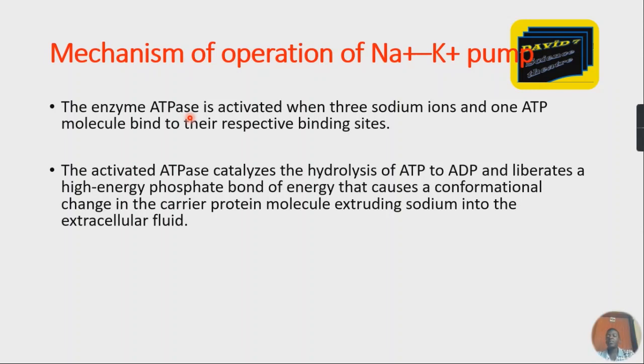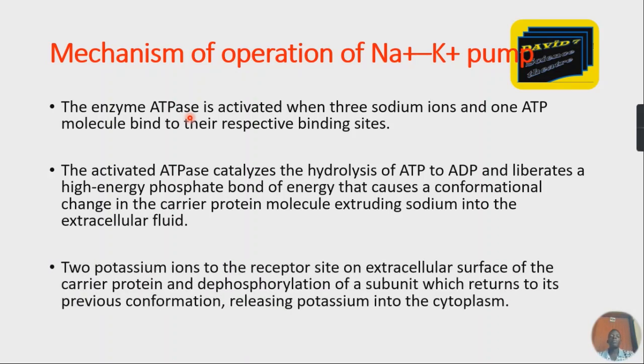Okay, so ATPase is activated, ATP is broken down. This causes a release of high energy phosphate bond, and this energy causes a conformation change in the carrier protein so that the sodium gets out of the cell by this pump. So two potassium ions bind to the receptor. This follows the previous statement that two potassium ions will bind to the receptor site on the extracellular surface of the protein, and